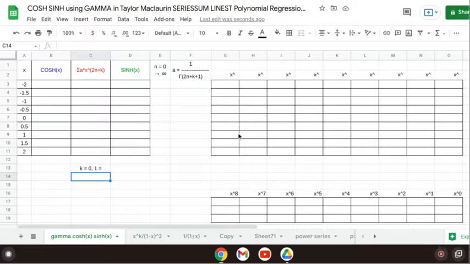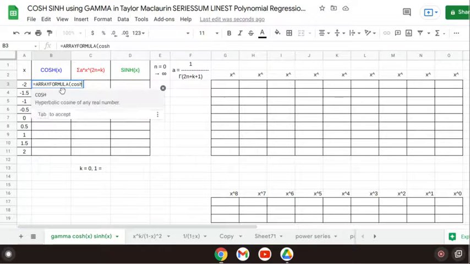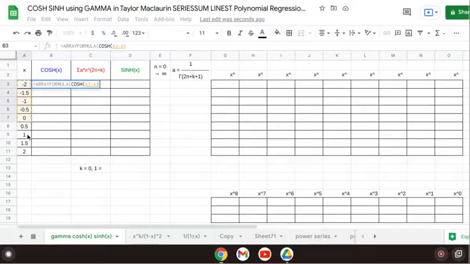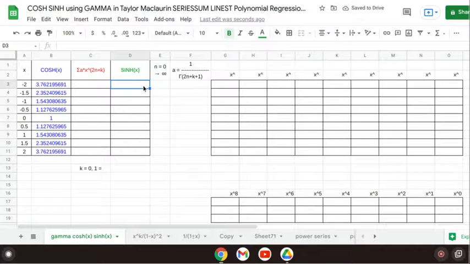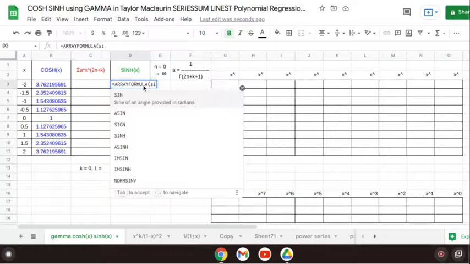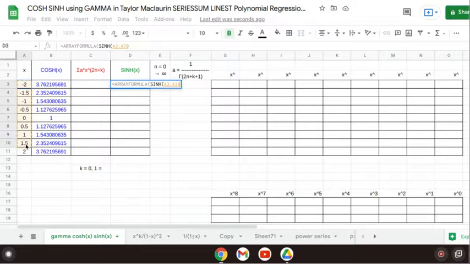In this video, we generate the trend line and polynomial of hyperbolic cosine and hyperbolic sine using the Taylor-Maclaurin series sum in the gamma function. We begin with the hyperbolic cosine, which is an ARRAY formula, hyperbolic cosine of the x values, and the hyperbolic sine, which is an ARRAY formula, hyperbolic sine of the x values,